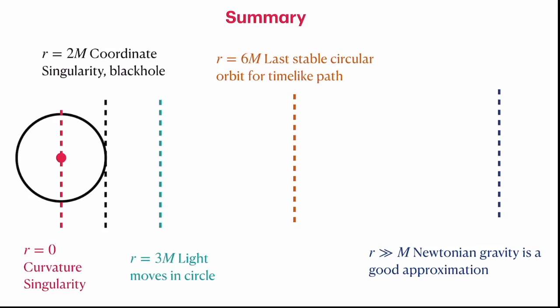First three tests of Einstein's theory. When it comes to Earth, the distance is so large that it is very well approximated by the Newtonian calculations, and one doesn't have to worry about Einstein's equation. So this is essentially a summary of the geometry when viewed from the motion of particles, both light and time-like, around the Schwarzschild geometry. I will stop here and continue in the next lecture.